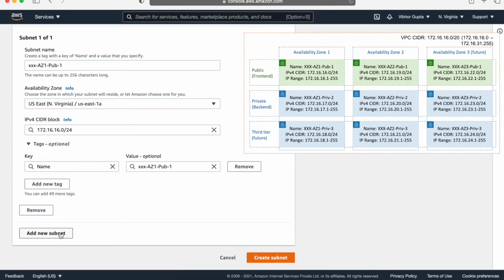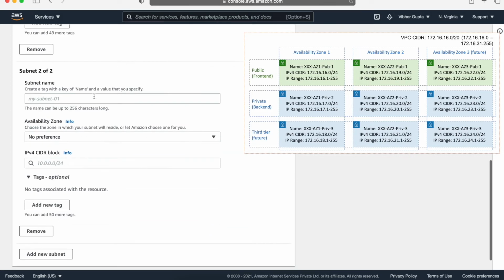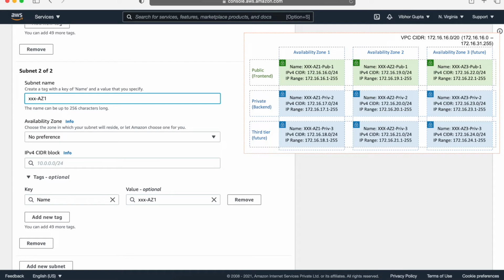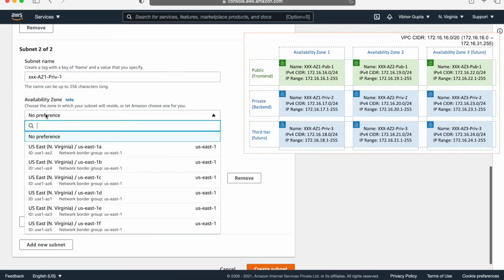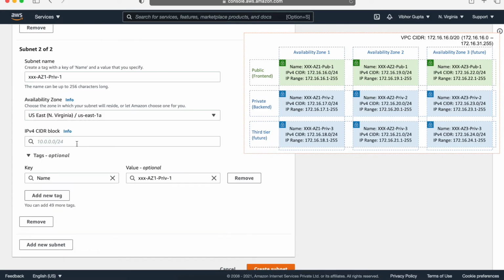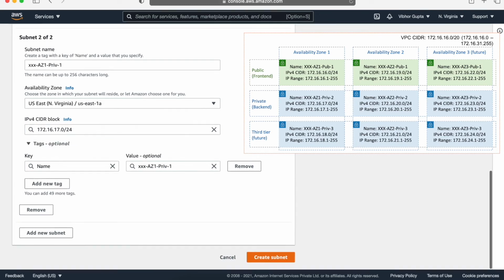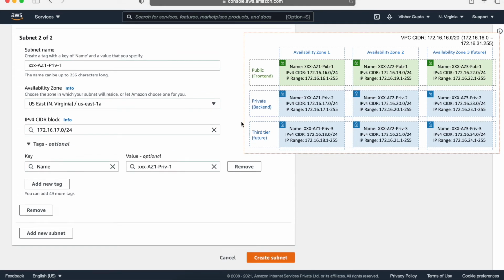And now we are going to add another subnet for our private tier. Preference is US East 1A. IP is 172.16.17.0/24. And now we are not going to create the reserved tier. We are going to create a public subnet in our availability zone 2.